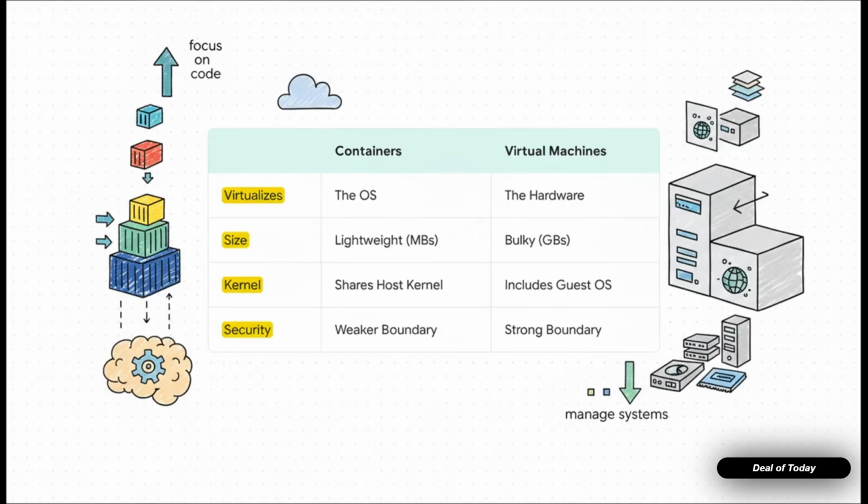Now this is where it gets really interesting. This is the classic showdown. Containers versus the older tech, virtual machines. See, VMs virtualize the hardware. That means every single one needs its own full-blown operating system. They are chunky. We're talking gigabytes. But containers? They do something way smarter. They virtualize the OS, sharing the host computer's core. And what does that mean? It means they're super lightweight. We're talking megabytes. And you can zip them around anywhere. It's just a completely different game when it comes to efficiency.